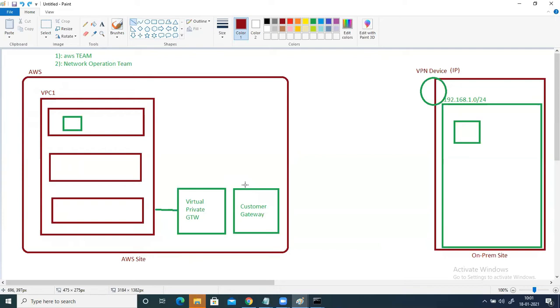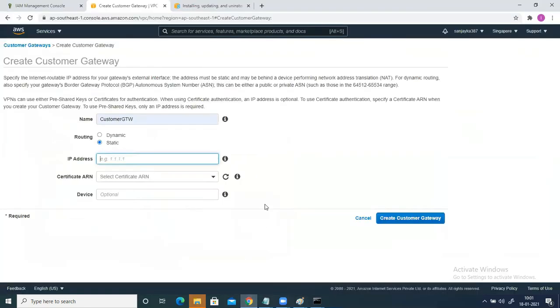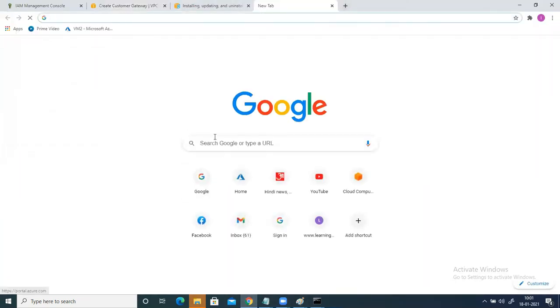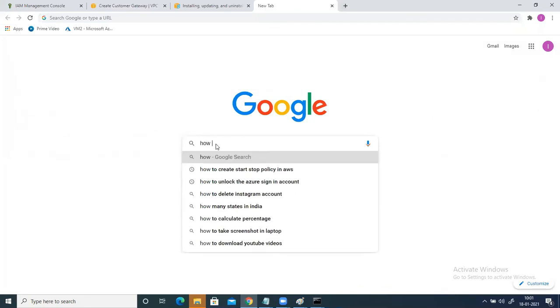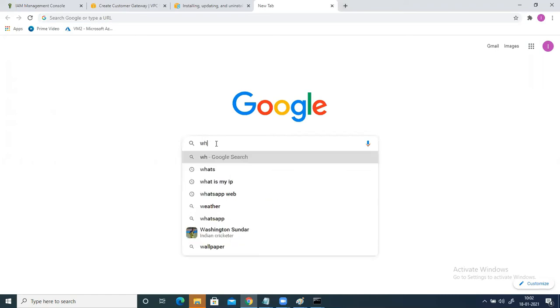There is some information which has to be shared by the network team to you, as well as some information you also have to share with them while they are configuring the connection from their end. So we need this IP address from them. Because I do not have this setup right now, I will assume one IP address. For that reason, I'm going to take the IP address of my laptop here. That is a valid IP address. So what is my IP address?